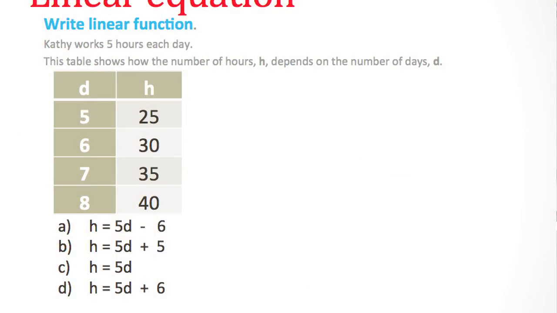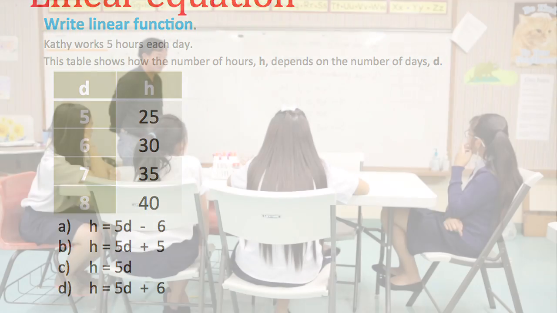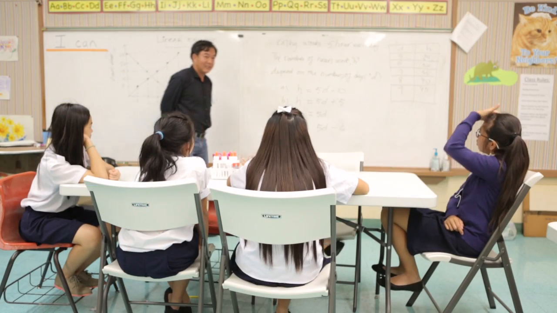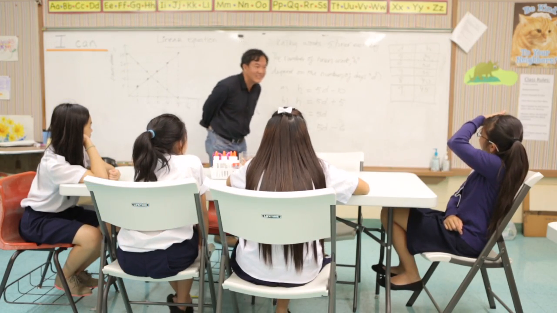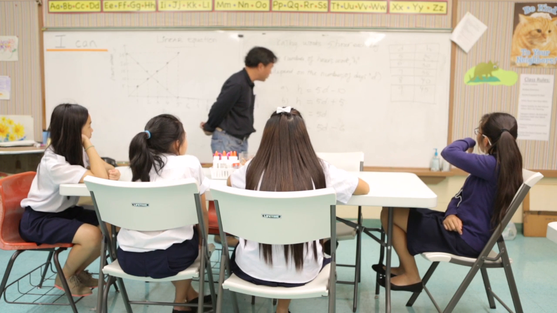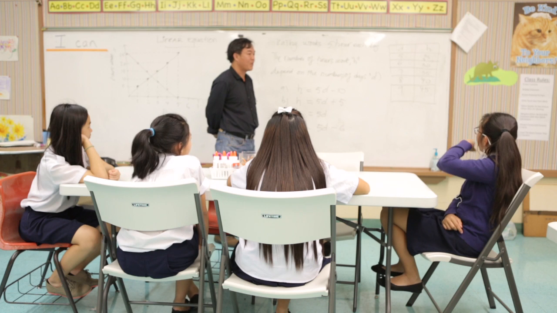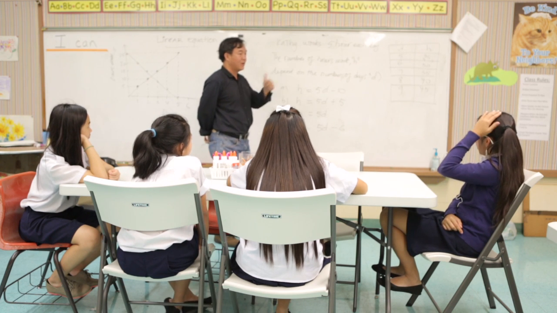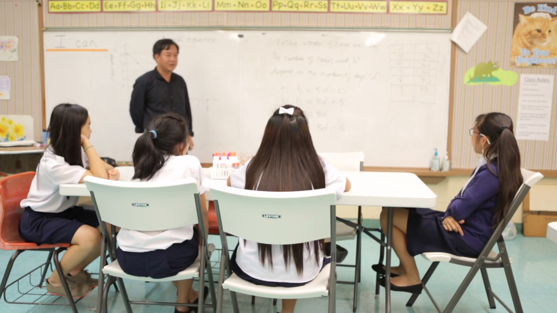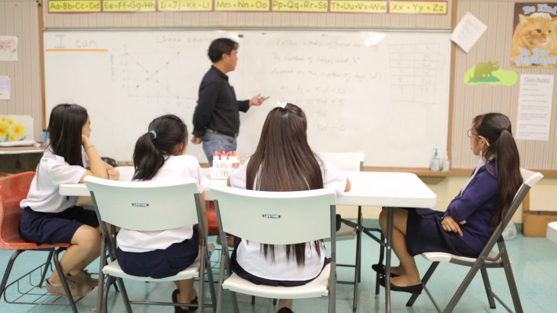Is it A, B, C, or D? C is the correct answer, right? Mm-hmm. How do you know that? Because 5D, D is the day, so 5 times 5 is 25, and 5 times 6 is 30. Very good. Very good. So you got it, right? But